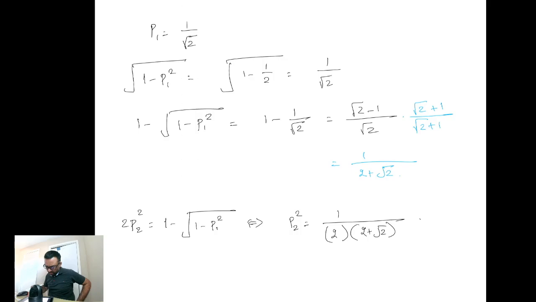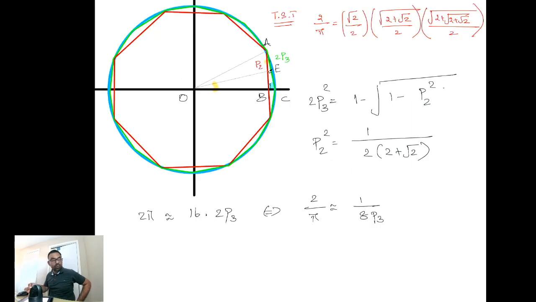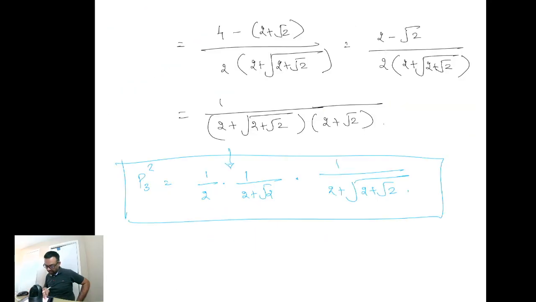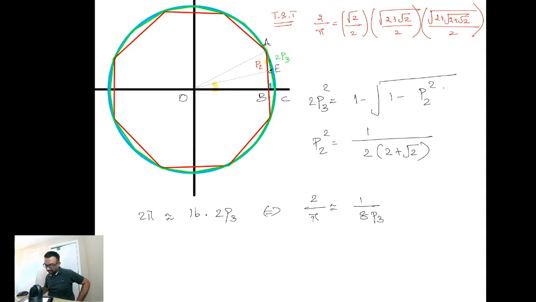So let's just close the circle in 1 minute. So what did we have for P3? As we saw, the P3 square was having the 3 product terms. This is P3 square where P3 is in the numerator. So if I do a 1 over P3, what should I get? So this term here should be equal to